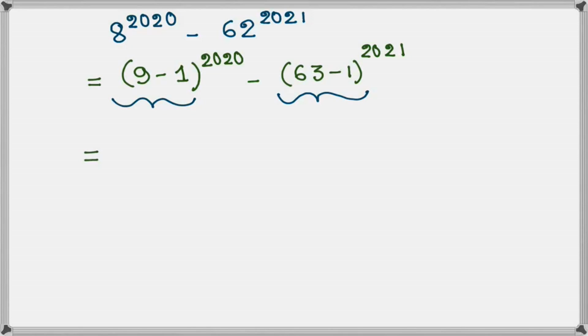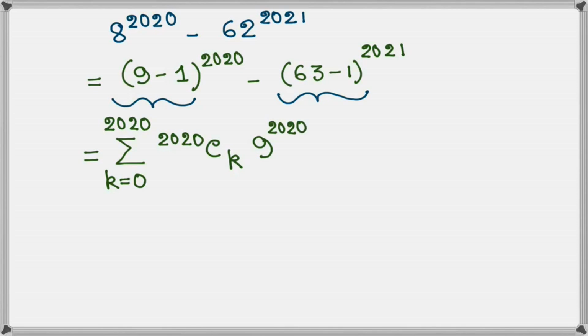So this is equal to sum running from k is equal to 0 up to 2020, 2020Ck 9 to the power 2020 minus k into (minus 1) to the power k, and this one is sum running from, let's say, r is equal to 0